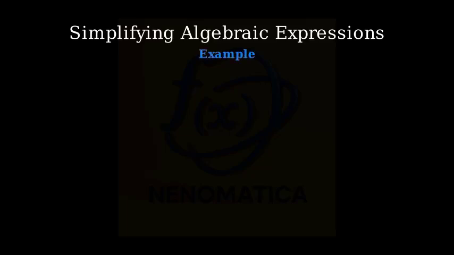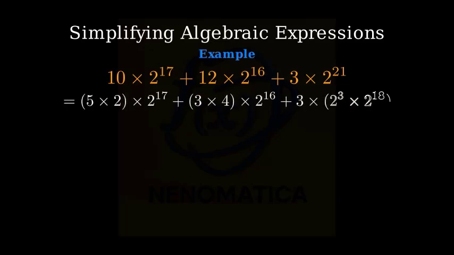We need to find the result of the following expression: 10 times 2 to the power of 17 plus 12 times 2 to the power of 16 plus 3 times 2 to the power of 21. Let's rewrite this expression to make it easier to work with. We can express 10 as 5 times 2, 12 as 3 times 4, and expand 2 to the power of